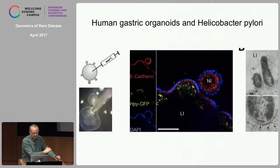And here Sina Bartveld showed that you can actually use them for bacterial modeling, and she injected Helicobacter pylori, which is the causative agent of stomach ulcers and most stomach cancers. They don't grow very well on cell lines, but they colonize these stomach organoids. So stomach organoids have the low pH, the thick mucus layers, and what you see is that the Helicobacter bacterium